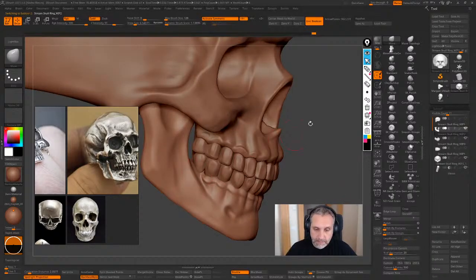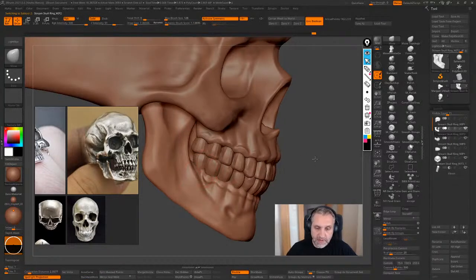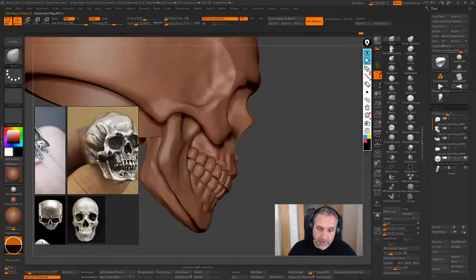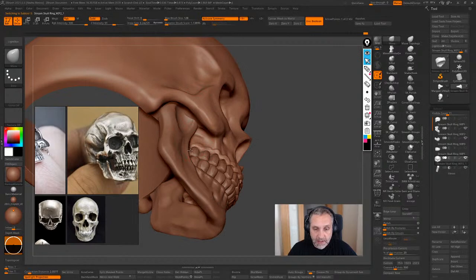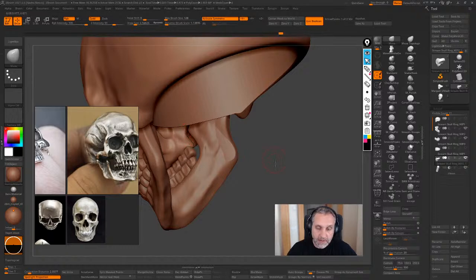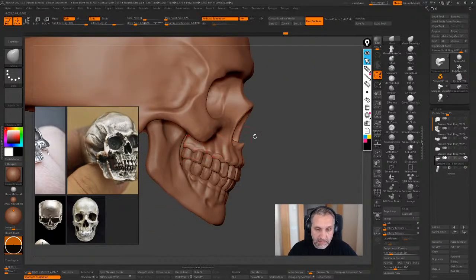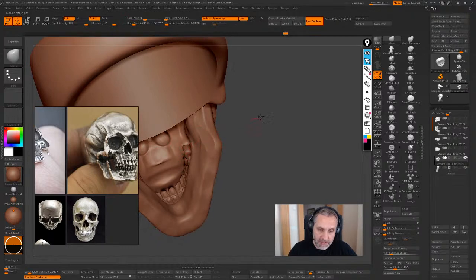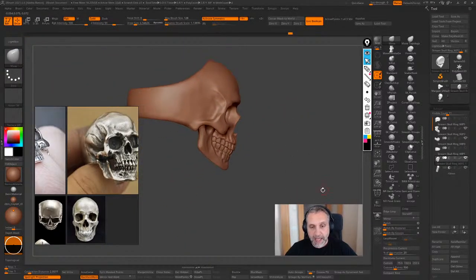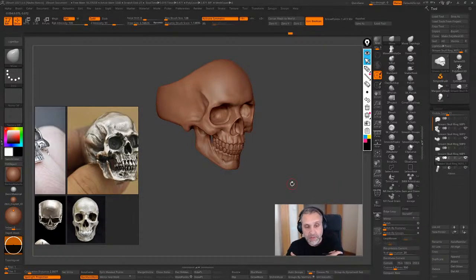You can find many brushes made by many ZBrush users which replicate the effect of wet clay sculpting, where you can see different imperfections on the surface, like real clay, and they are very cool. But I'm going to show you how to make something similar with one brush that you already have inside of ZBrush